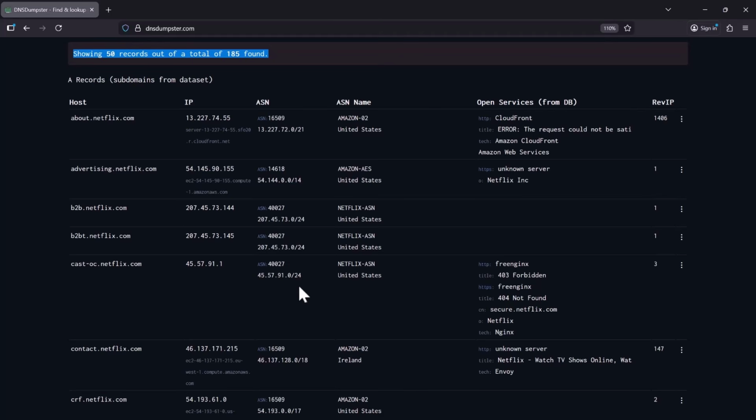And then DNSdumpster also has additional information. It does have some basic port information, so we can see whether there's a web service or a web app or site sitting on that IP address. And then we can see, okay, there's Amazon CloudFront and AWS sitting there, of course, in the cloud. Or you can see cast-oc.netflix.com, and it's running on free Nginx. And there's also another name for this entity called